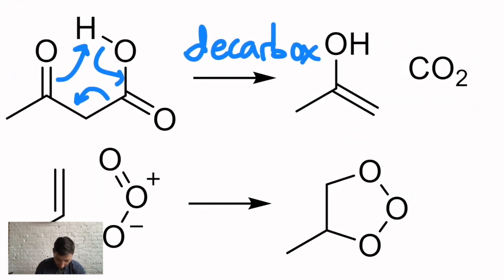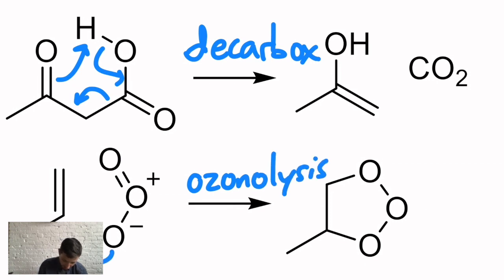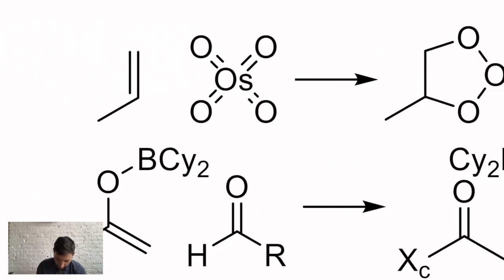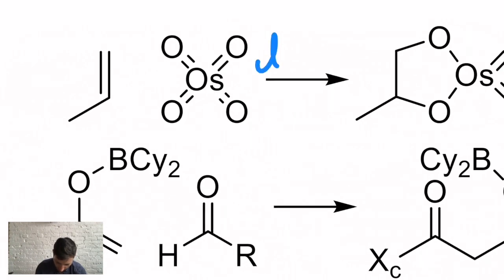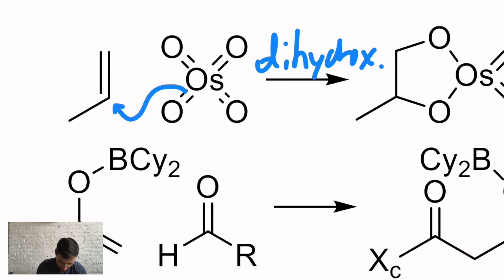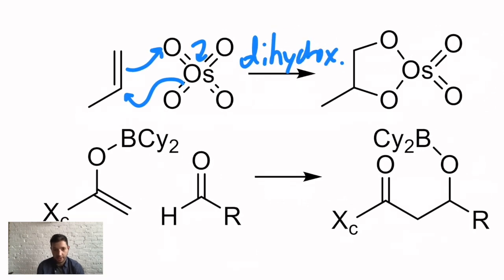Below that, from last semester, here's an ozonolysis. Also 6 electrons, 1, 2, 3 curved arrows gets you there to get to the molozonide intermediate. And then off in the upper right, this is dihydroxylation, the first step of dihydroxylation. This is when osmium tetroxide reacts with an alkene, and you can draw a transition state with, again, 3 curved